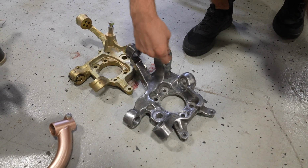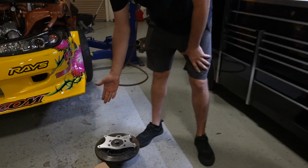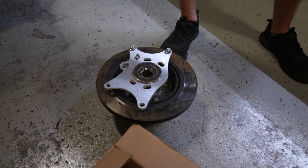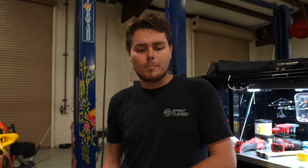I'm gonna press in SPL monoball bushings in them. Then I got a FDF dual caliper bracket. Pretty much we'll use this to maintain dual calipers, one for the foot brake, one for the hydro. Pretty crude. This is like what you think a race car like this shouldn't have, but this is better than